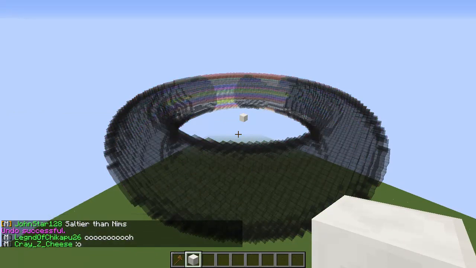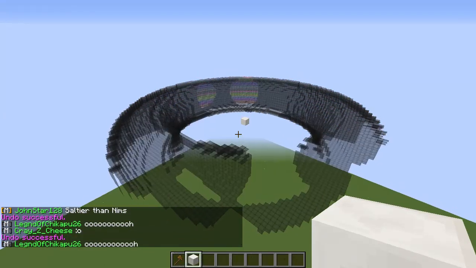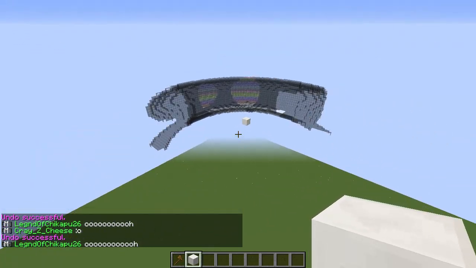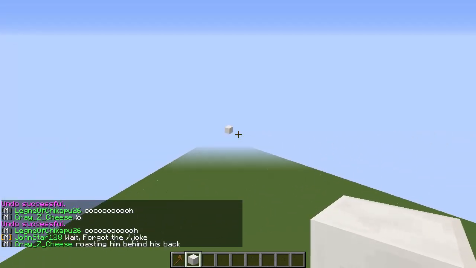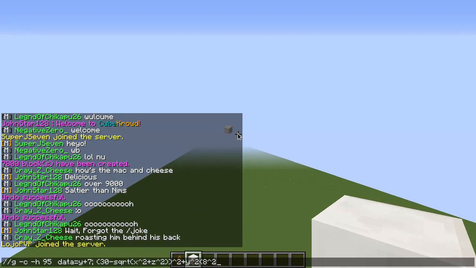Say you don't want just a black torus. Say you actually want something that's just two-colored. So